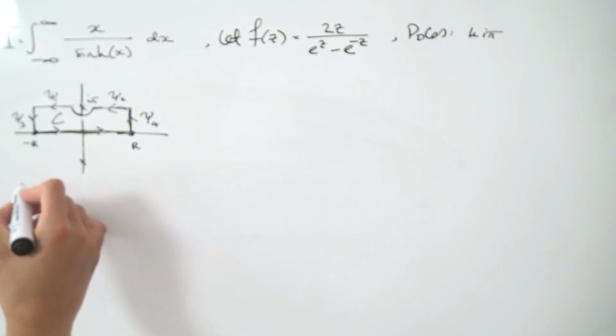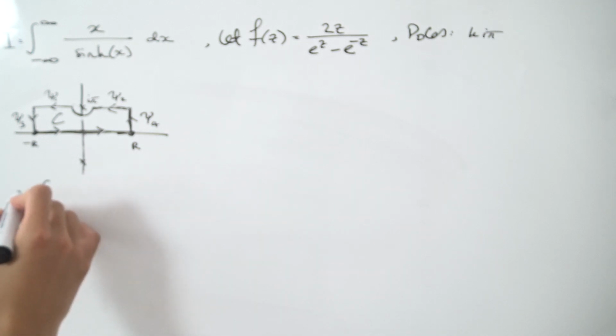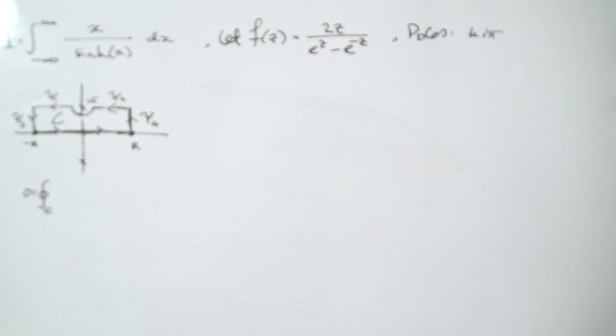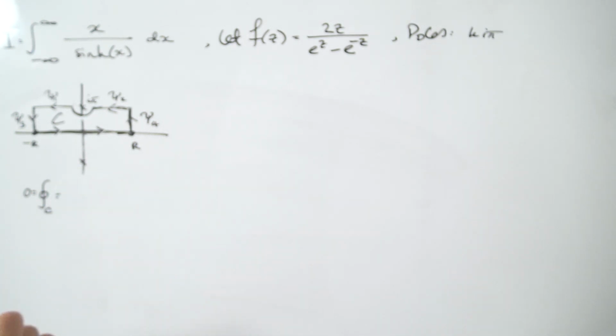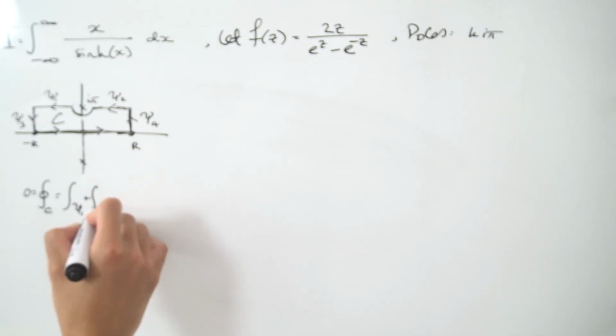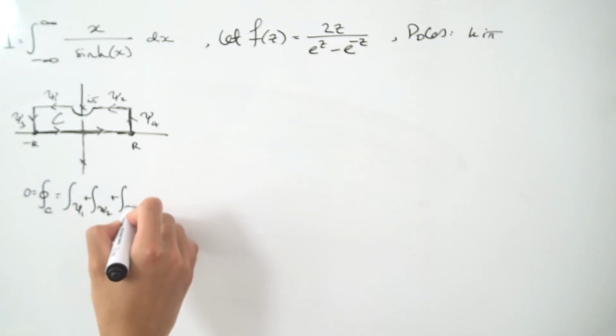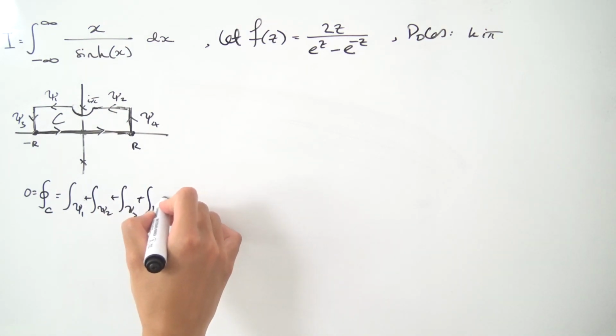Let's write down a couple of integrals. So first of all, we have the contour integral over C. We know that's going to be equal to 0, but we can decompose the contour integral over C into each of its individual parts. So that's the integral over psi 1 plus psi 2 plus psi 3 plus psi 4. And then we also have the integral